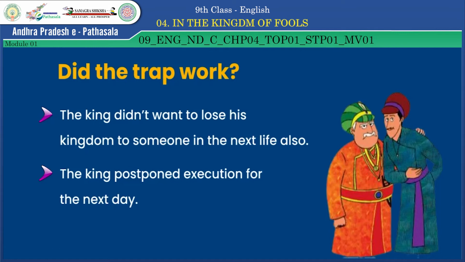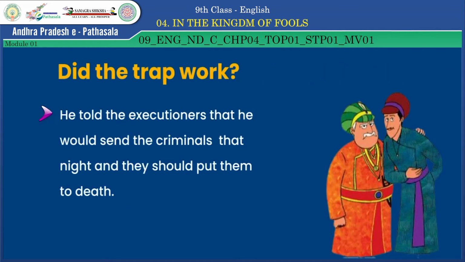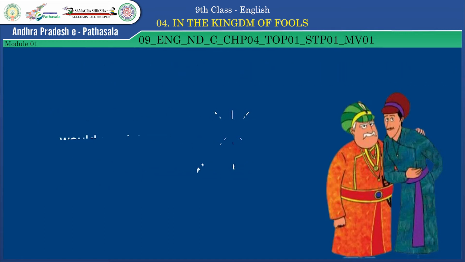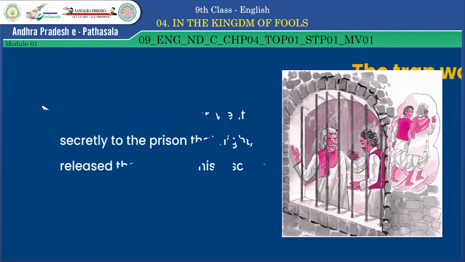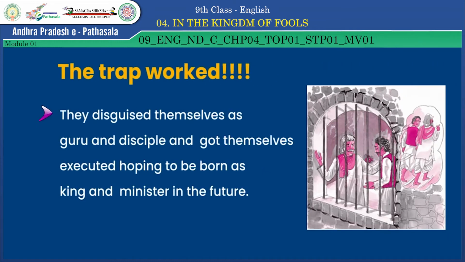All the people mourned over the death of the king and the minister. Some people started discussing that the kingdom needed a new king and who should be the future king of the kingdom. People looked around to find a new king for their kingdom. Some people thought that Guru would be the right person to become the king. So they pleaded Guru and convinced him to become the next king of their kingdom. Eventually, the disciple became the new minister of the kingdom.